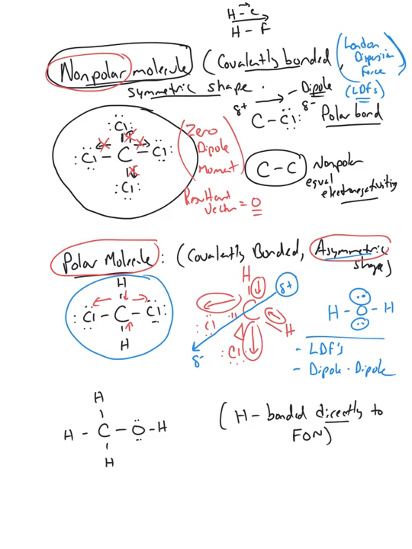There's a third type of IMF, which is the strongest, called hydrogen bonding. Hydrogen bonding is actually a special type of dipole-dipole force. It's a souped up, larger version of it, which occurs only when we have a hydrogen atom that is directly bonded to an oxygen, nitrogen, or fluorine. A way we can remember it is the hydrogen atom having any F. Is the H directly bonded to an O, N, or F?